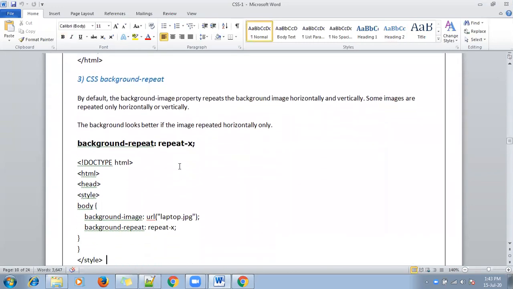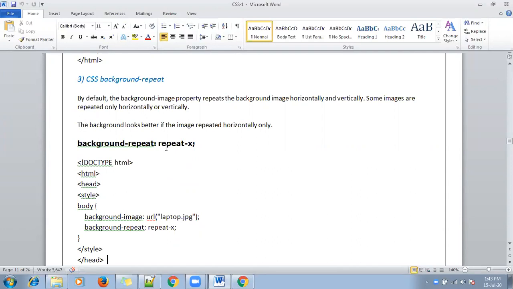The next property in background is background repeat. We can repeat our image either horizontally or vertically in the background by using the background repeat property.